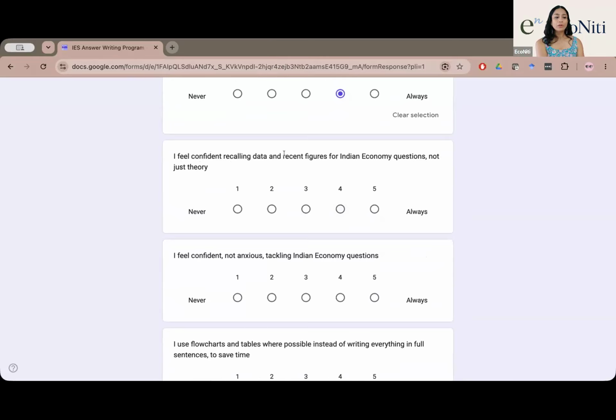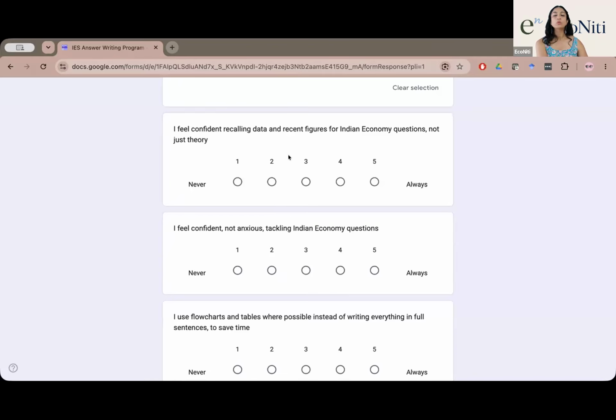I feel confident recalling data and recent figures for Indian economic questions. Now we are moving towards कि Indian economy में बच्चे क्या problems face करते हैं. One of the problems that they face is कि उनको data नहीं याद रहता है. ठीक है? So that gives them a lot of under confidence कि भाई इंडियन इकोनॉमी आया नहीं तो मेरा आंसर वैसा रहेगा, उसमें कोई data point ही नहीं रहेगा, right? We also move this from never to always. कि नहीं याद आ रहा है तो हम उसको कैसे tackle करें. Of course इतना सारा data point नहीं याद रख सकते हो, right, but there are ways to